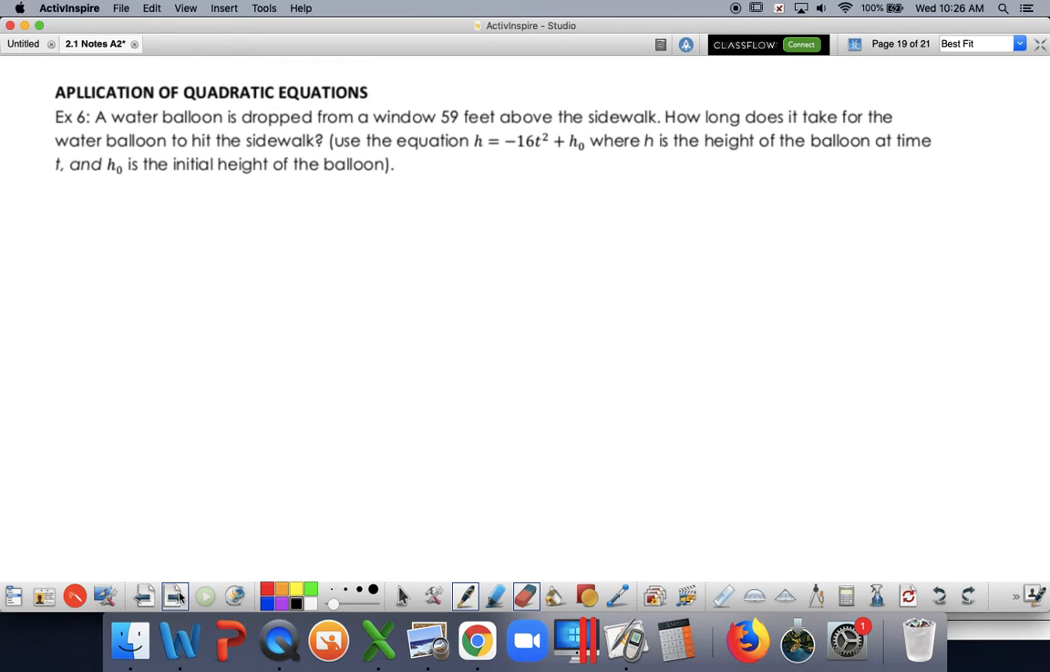All right, let's look at a word problem. A water balloon is dropped from a window 59 feet above the sidewalk. How long does it take for the water balloon to hit the sidewalk? Right, so here's the thing. The height is represented by h. H sub 0 just means height at time 0. Don't let that